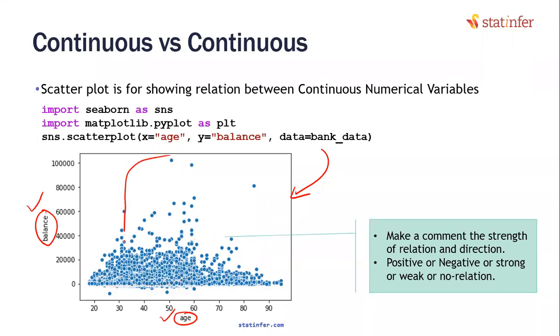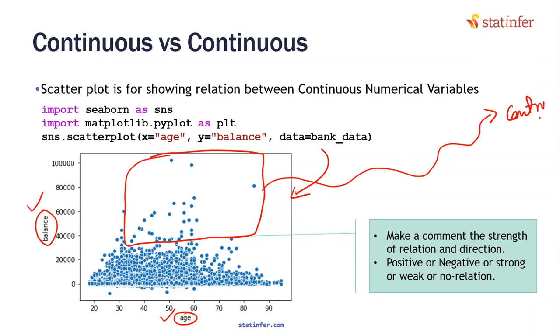Maybe somebody has made a comment on the outliers, right? What if all these outliers belong to a particular country, just as an example, or a particular segment? Everything else is between some ranges, but there are some outliers here. They all belong to a particular segment. How do you prove it? Maybe you can add that variable under hue. That means this color can change based on that variable.